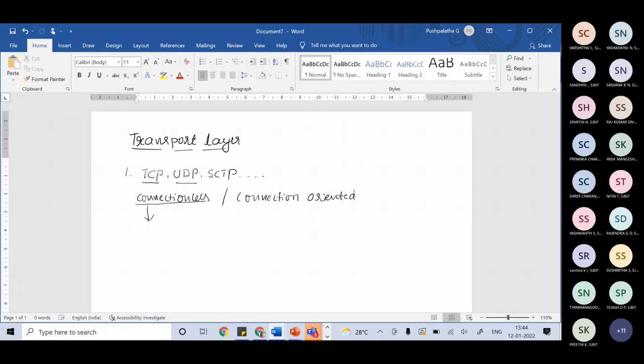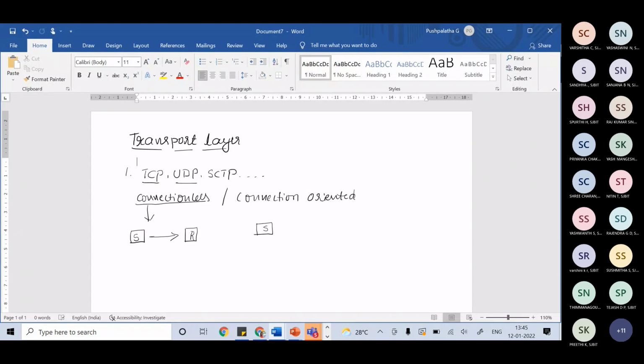If I have a sender and a receiver, the packets sent from source to destination need no connection establishment or release. How does it happen in the case of connection oriented?